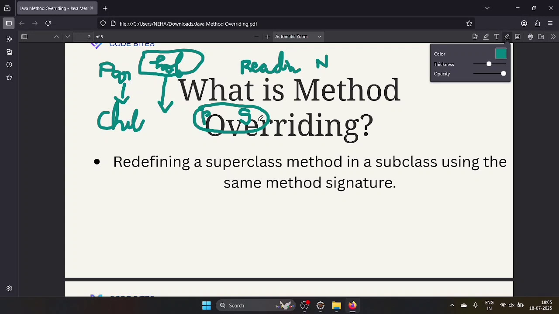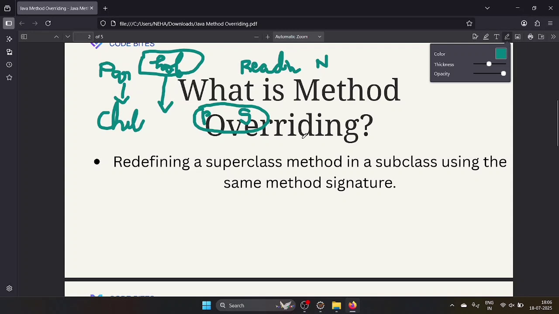So why are we using it, what is the purpose? If the subclass wants to give a specific behavior, that time we are using the concept of method overriding. The child has a different hobby, playing a shuttle, which is the specific behavior. The parent has one too, but you are changing that one. So that time we are using method overriding, to allow the subclass to provide a specific behavior. It can be achieved in runtime polymorphism. You will understand what runtime polymorphism is in the polymorphism concepts.